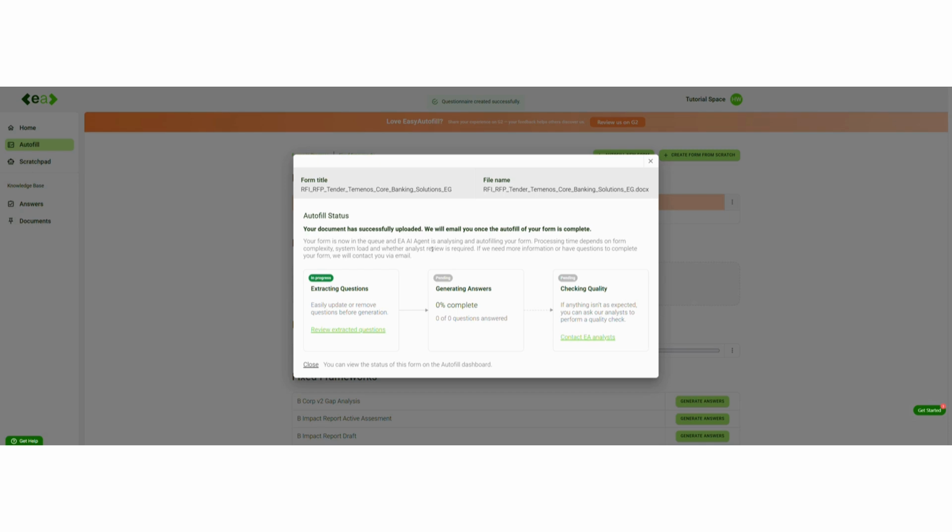From here, the process is entirely automatic. You can close this, and as you can see, all questions will be extracted, and the answers will start to generate. You will then get a notification, and you can come back to review those answers. However, if you want to dive more in depth, we can click on Review Extracted Questions and go into what